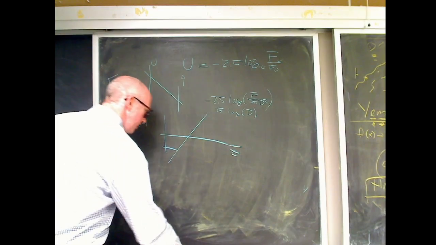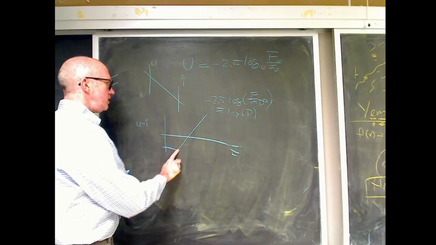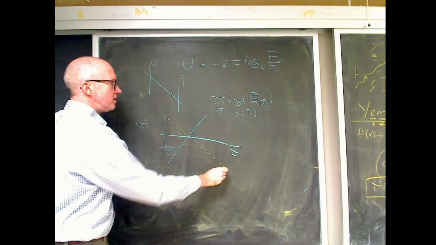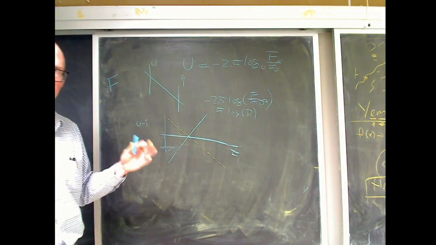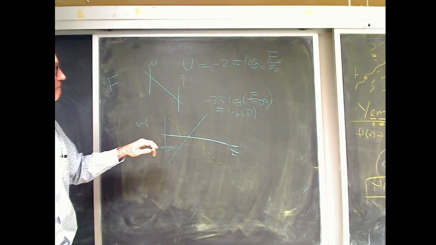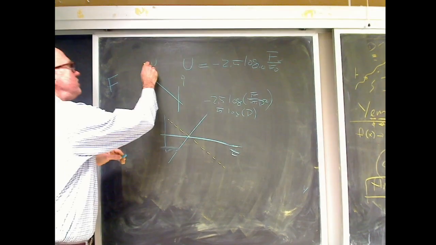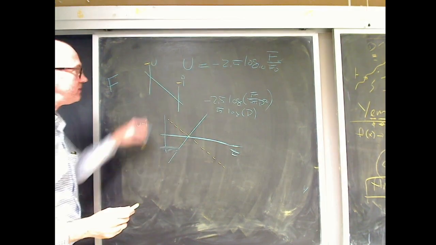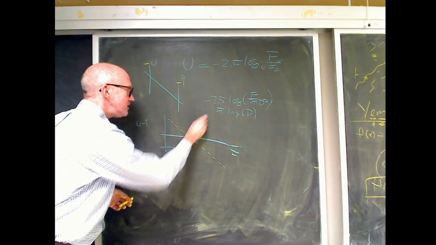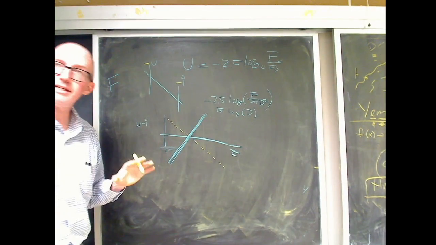But just about everybody, apologize if I missed one, just about everybody drew something like that, which is really what I kind of asked, but not really what I asked. Because this isn't U, this is minus U. And this is minus I, is this value here. So the curve that you want goes like this. And then to error check,